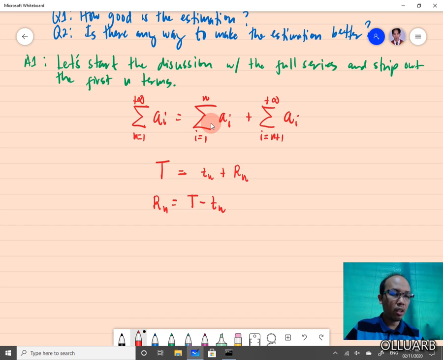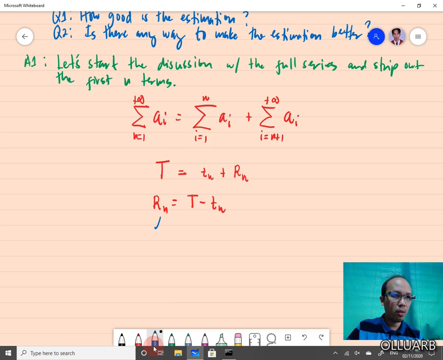So this remainder here is the difference between the exact value of the series and the value of the partial sum. Okay, and then we will be using this idea here as an estimation of the value of the series. Okay, so what happened,